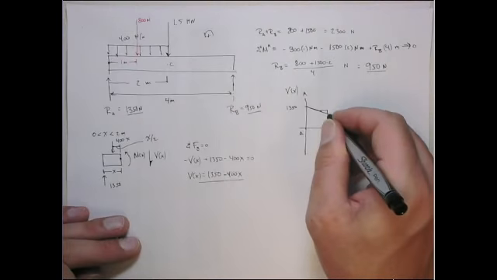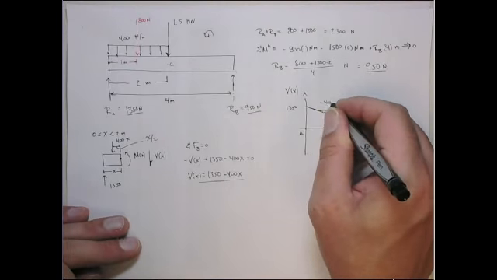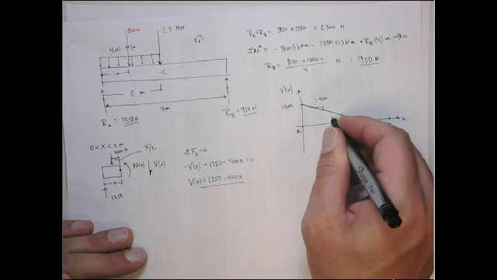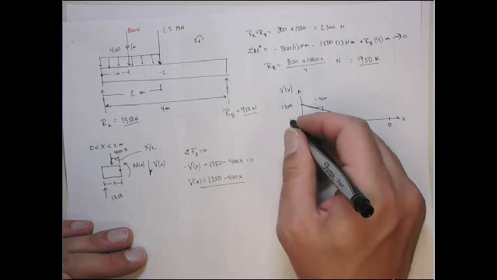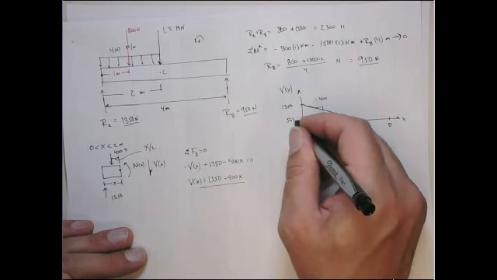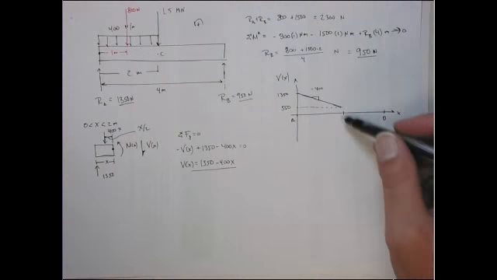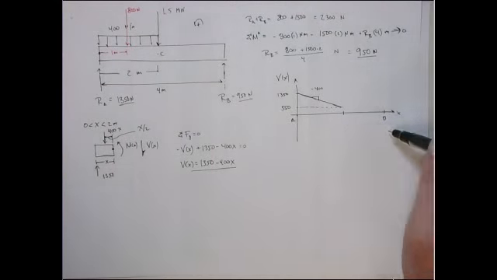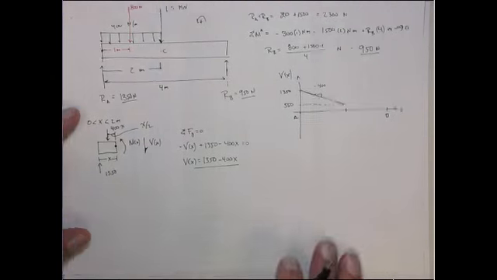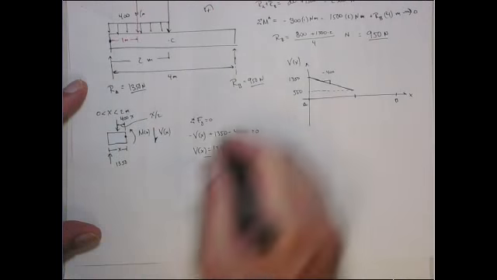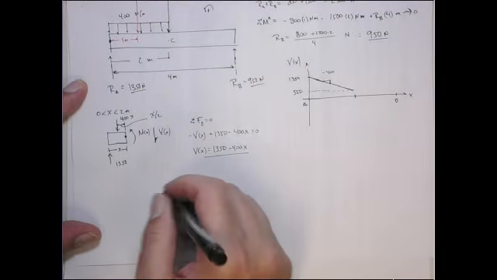The slope here is minus 400 until we get right to the midpoint, and then the shear here should be 550, okay? Now we got to drop because of this one, and then it'll go straight over to 950, is what it should be, right? But we can look at that. If you want to look at the left section,